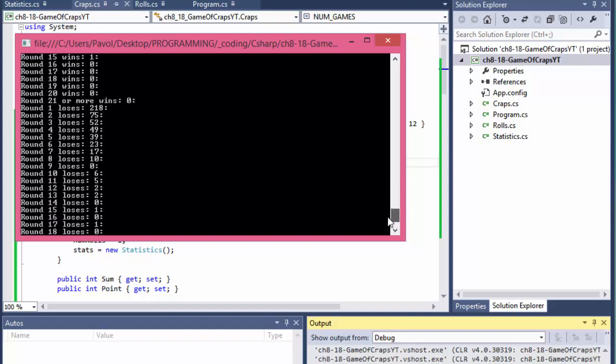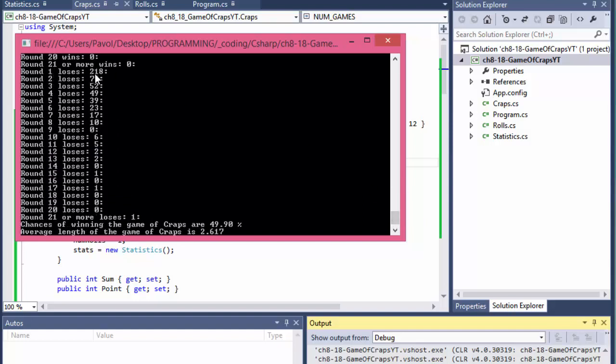The losses, we lost 218 times on the first round. But we got one round 21 or more, so it could be round 21 or 22, 23, could be 100, whatever. So the chances of winning for this would be 49.9, which we can actually